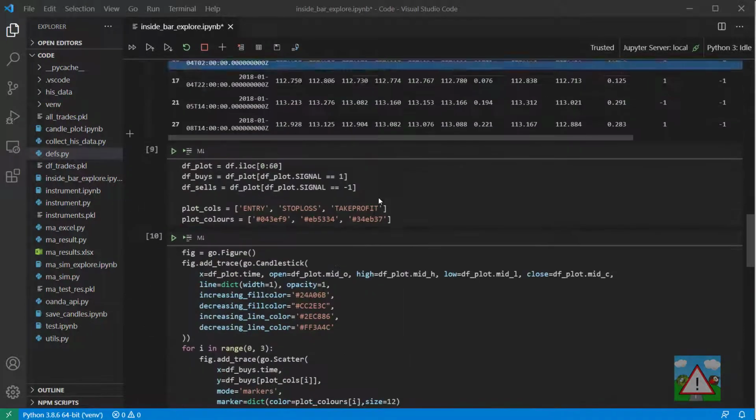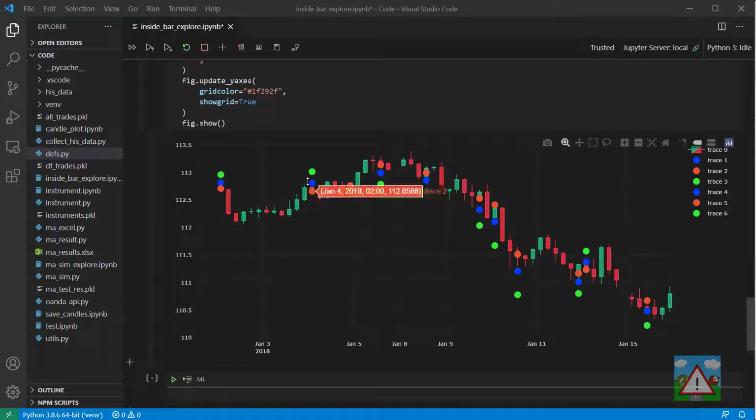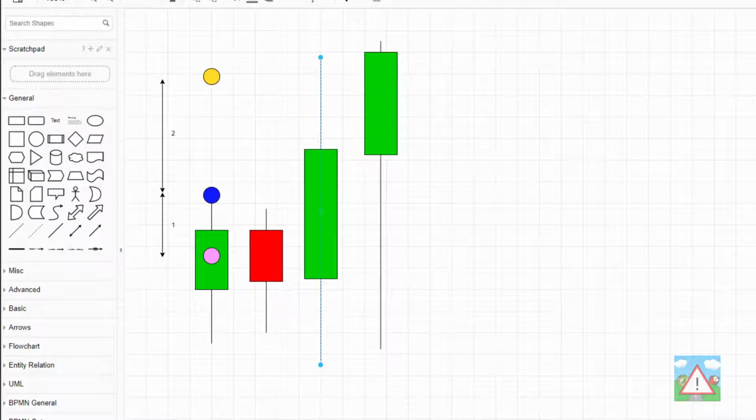So we're now in the shape where we can plot our trades with the stop losses, take profits and the entry points, and we can now get on with looking at how to simulate them. And here we have to apply a little bit of thought to what the correct approach to this might be, because it turns out it's not such a trivial problem to simulate this strategy, and I'm going to explain a